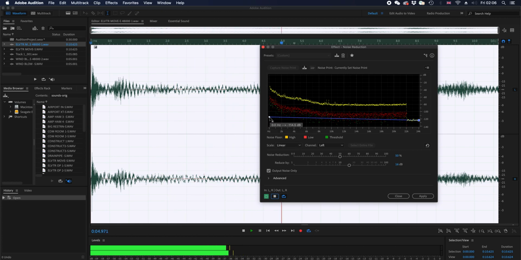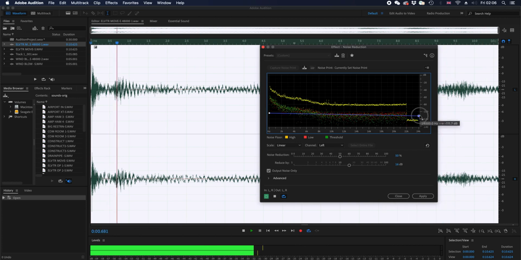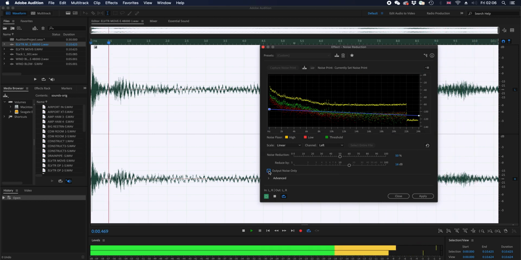and I can hear very little sound. If I go a little bit higher, I will be able to listen to the sound that is going to be removed. If I don't output the noise,